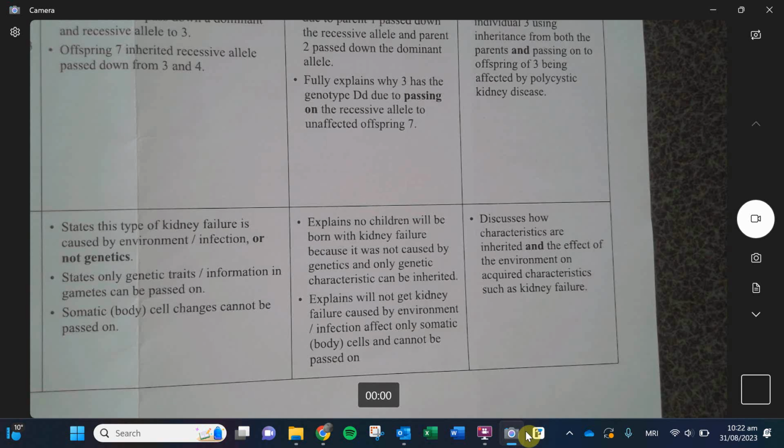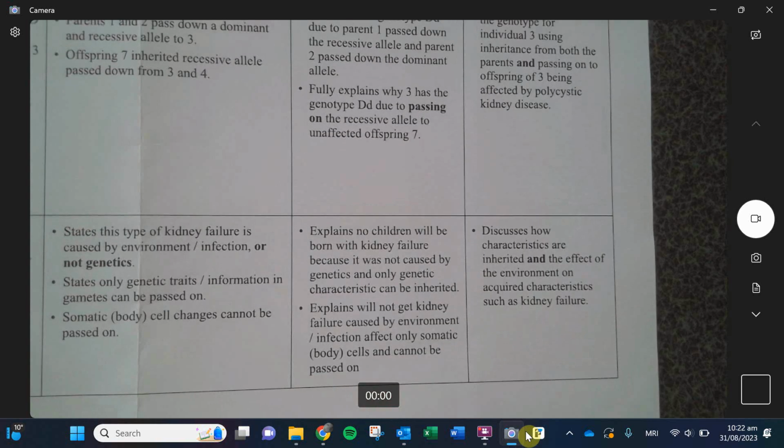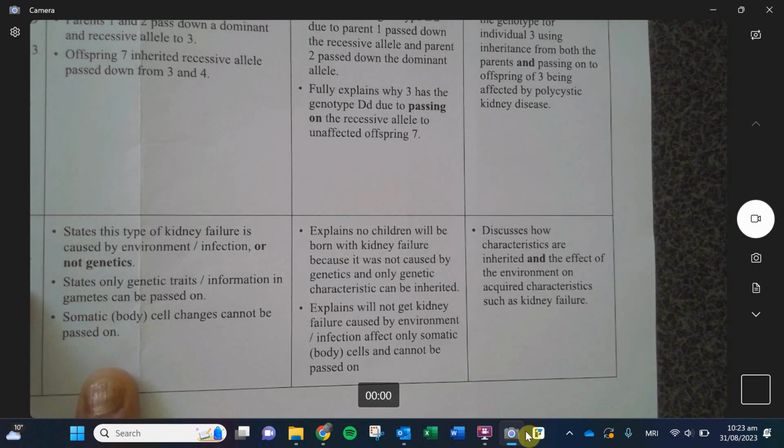It is an environmental infection. Second bullet point is talking about how it only affects the somatic cells, cannot be passed on. So basically, it's what you guys would have for the achieved point. The difference is you are explaining it and you're using